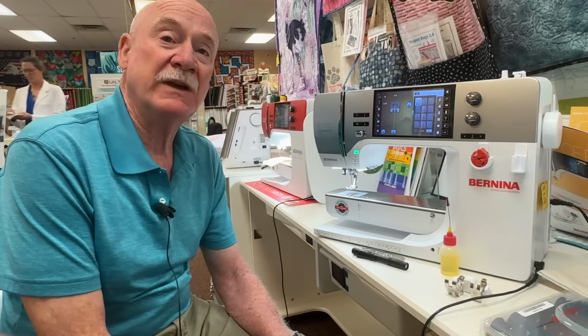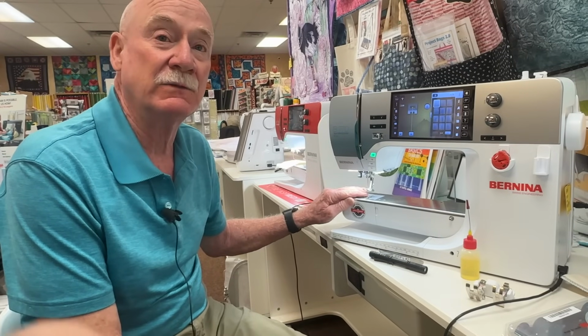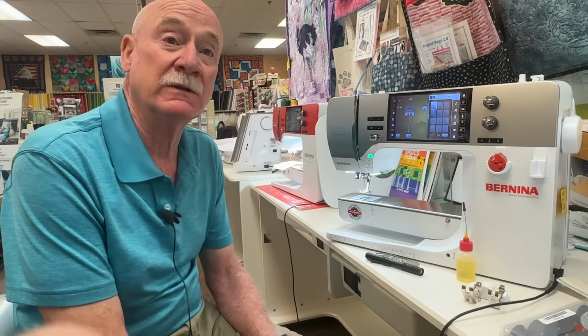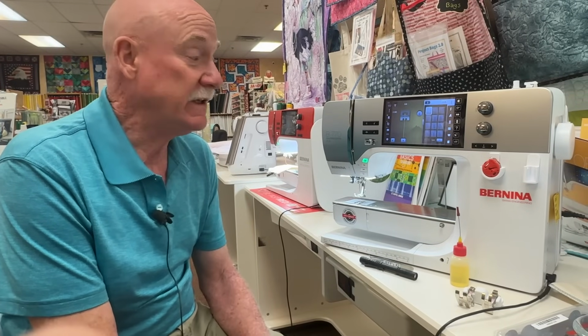So I just got back from Bernina University and I got a little pushback from techs and some people there that my oiling method from the top down is not being performed exactly right, or the oil's in the wrong place, and they'd rather have me oil according to the recommendation from Bernina. So that recommendation on oiling